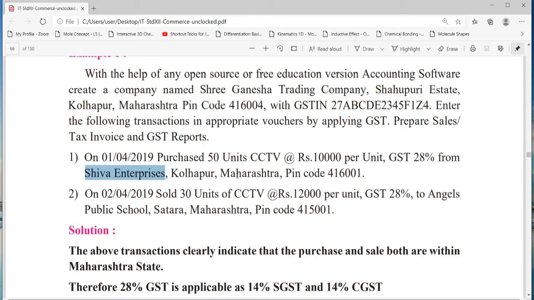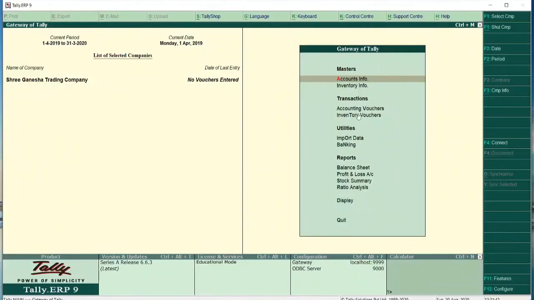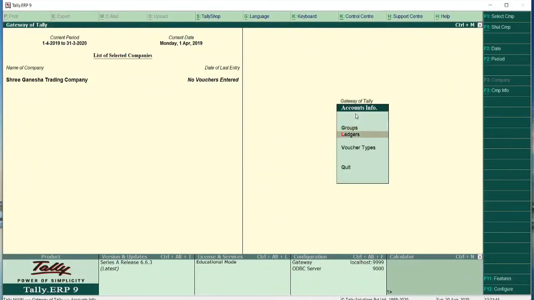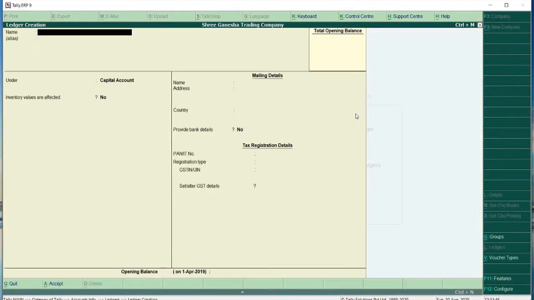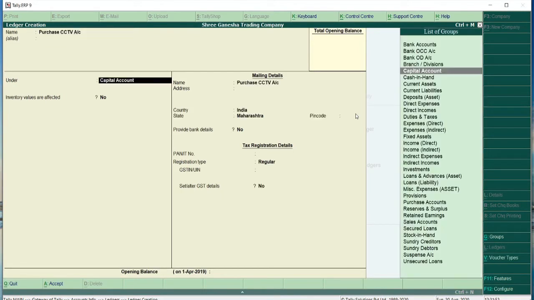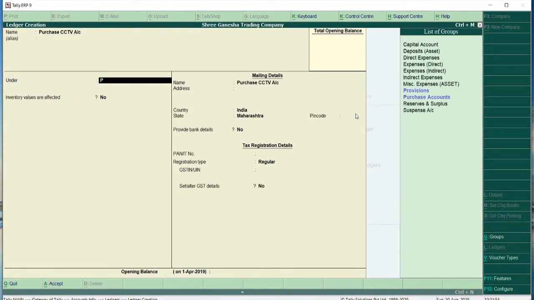Then we are going to create SGST, and we are going to create CGST ledger accounts also. But first we will create the purchase CCTV ledger account. So inventory info, ledgers, and create purchase CCTV account, and of course we are going to select purchase accounts as a group.